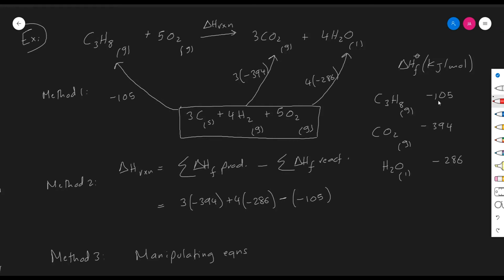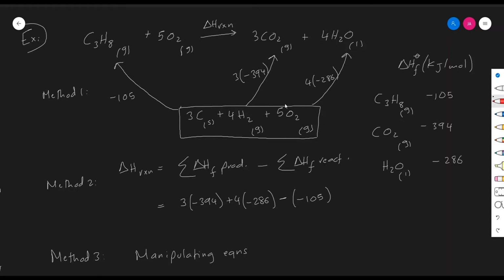The enthalpy change of formation per mole of C3H8 is negative 105. The enthalpy change of formation per mole of CO2 is negative 394. The enthalpy change of formation of H2O per mole is negative 286. Thus, since we're given enthalpy change of formation values, using method 1 to construct the cycle, the first thing we